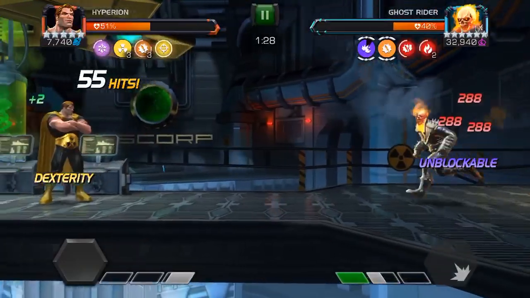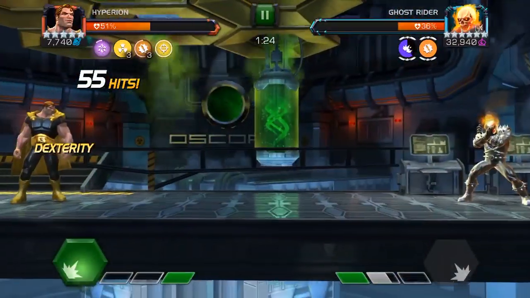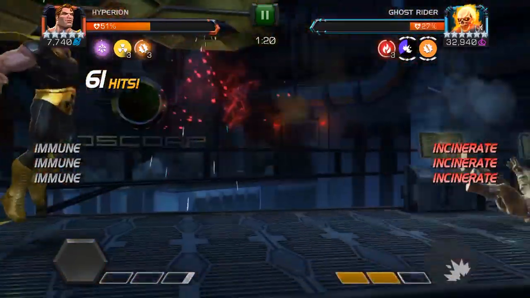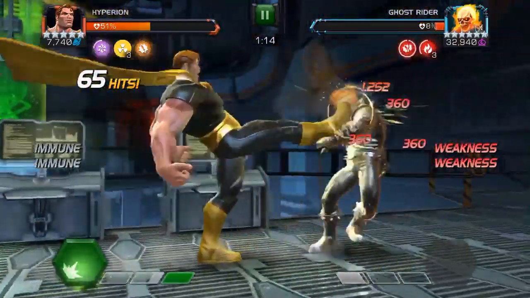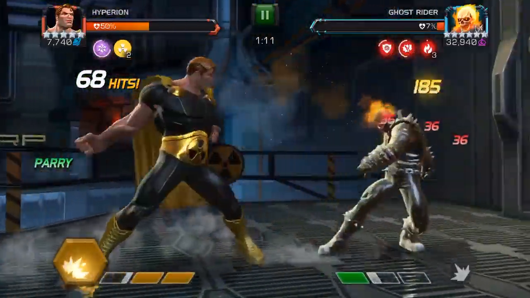So Ghost Rider goes completely unblockable. So yeah, I'm kind of in a rough spot. Throw my SP1 with an intercept. That's doing a lot of damage. Even with the class disadvantage, it's a lot of damage. And yeah, all of it drops off because I don't have a Fury. So